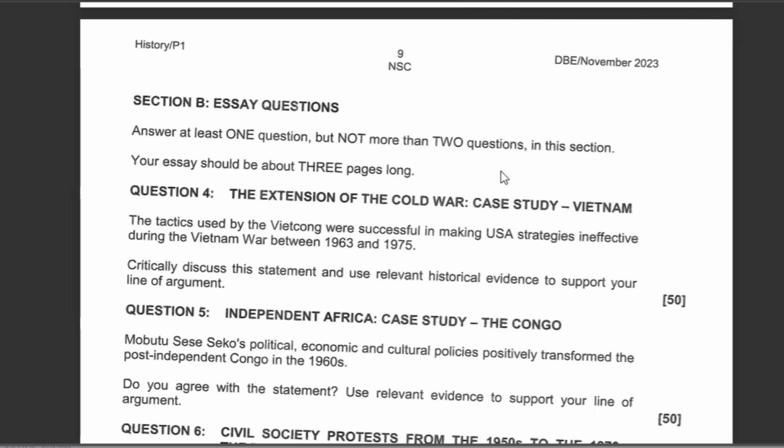However, the strategy was ineffective. How was the strategy ineffective? Remember, they could not distinguish who the guerrilla was and who the civilian was, because of the non-wearing of uniforms by the guerrillas, the blending of the guerrillas with the environment, and also the mixing of the guerrillas with the civilians. So they could not identify who the guerrillas were. For America, that strategy did not achieve the desired results. They were counteracted by the non-wearing of uniforms by the Viet Cong guerrillas. So that strategy did not work.